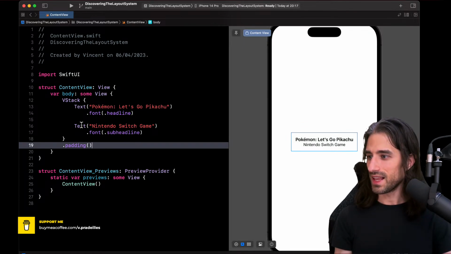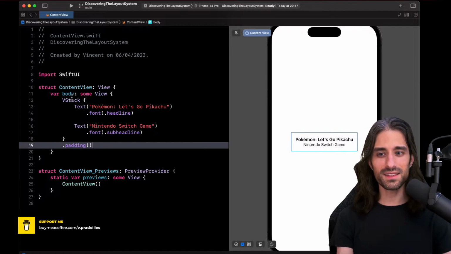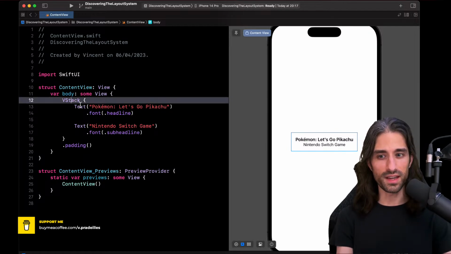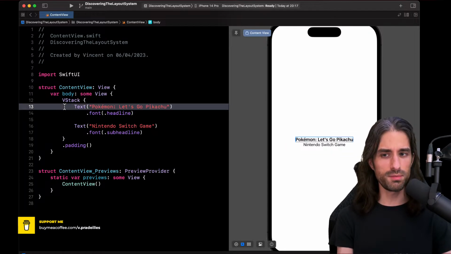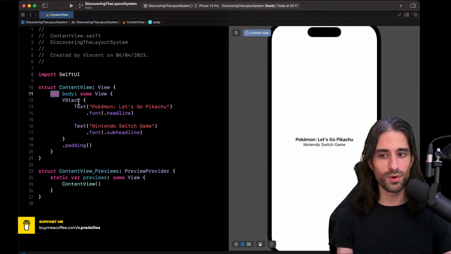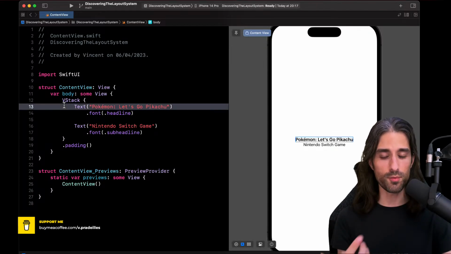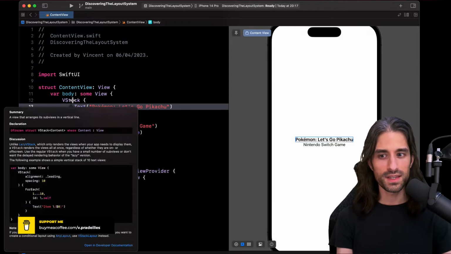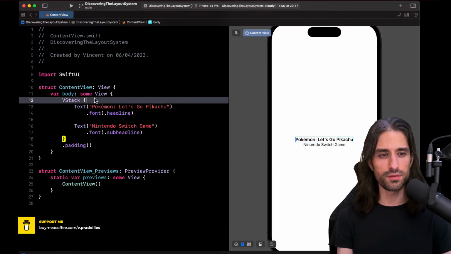All right. Now let's take a look at the arguments of the VStack. So first thing we might wonder, what is this VStack actually? Is it a keyword from the language? It doesn't seem to be because the syntax coloring wouldn't be the same. We have this color for keywords and this color for types defined by a framework. So it's not a keyword. It's actually a struct, which is generic over some content that must be a view.